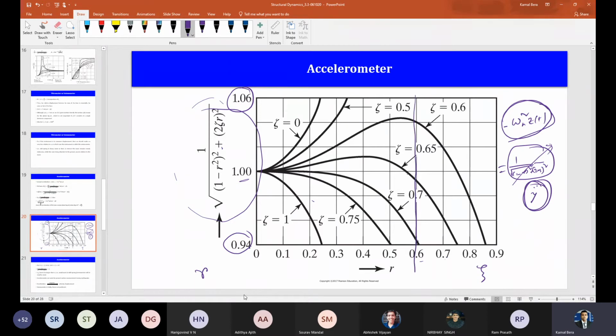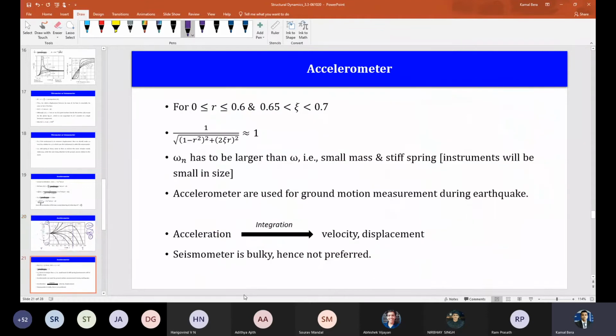And then if I make the zeta value 0.65 or 0.6 to 0.7, 1.65 will be too much. With 0.6 to 0.7, it will be near to 1, right? So it is 1.94, 0.1.06. Okay. So you can suitably choose that. So I hope it is written here.